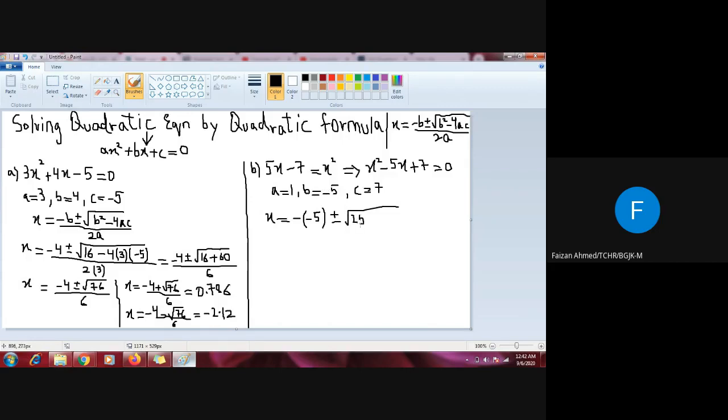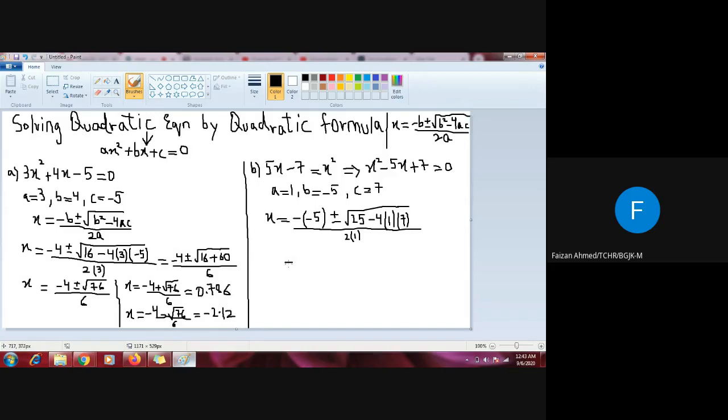You know that the square of a negative number is always positive. So minus 5 multiplied by minus 5 will be 25, and then b square minus 4. The value of a is 1 and the value of c is 7. So I will just write that in a bracket, whole divided by 2a. Since 2 is the number, it will multiply with a, which is 1. So 2 multiplied by 1 is 2.